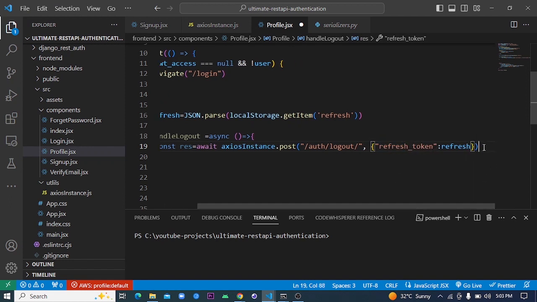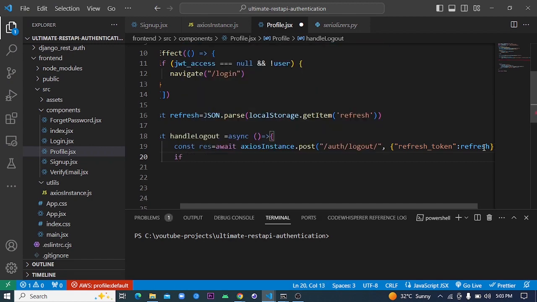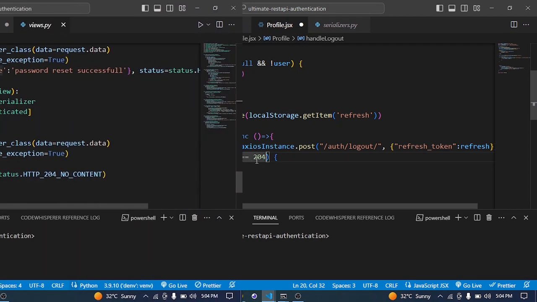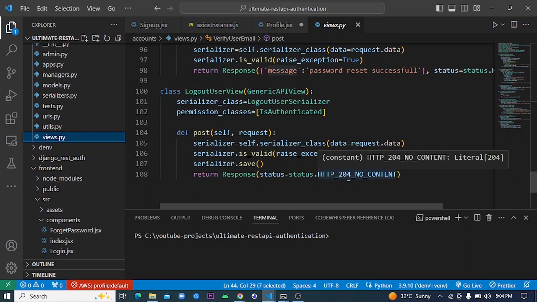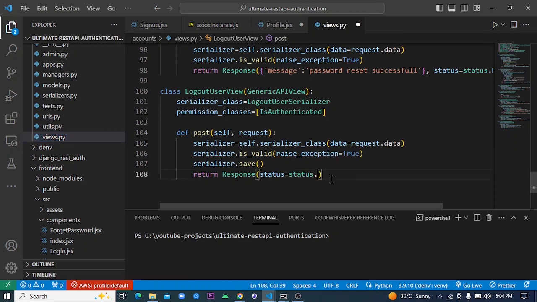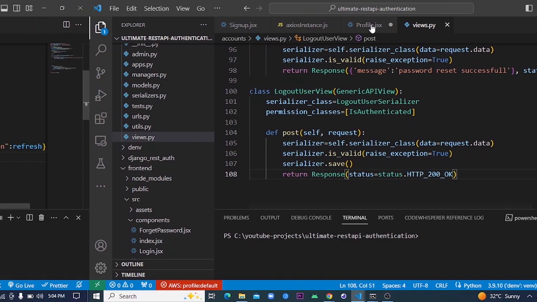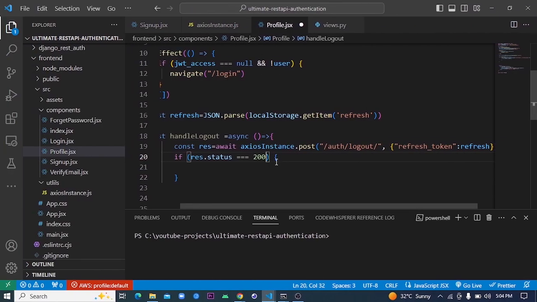So once we make our API call, then we can do a check and say if our respond.status is equal to 204, which is the successful status that we set in our backend. For a successful response, we are using a 204. I can as well change this to just use, let's just change it to use 200. All right, 200. Okay, then so here we can make it 200. So if it's successful, which is 200, we want to do a couple of things. First, we want to remove all our tokens, delete them, and also the user data also delete them, and